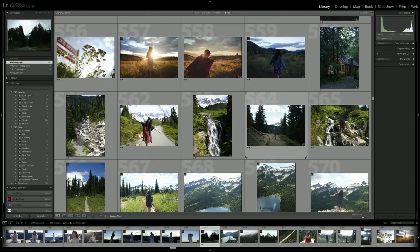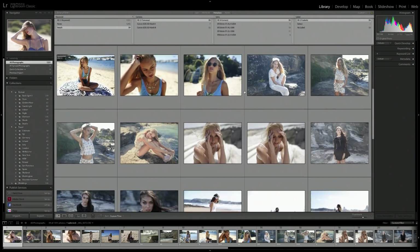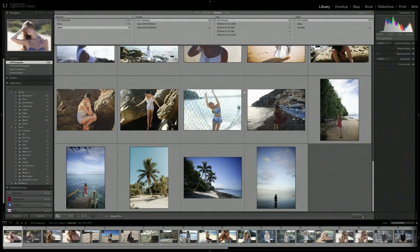in separate folders. So back into the main library folder of my catalog, here I've keyworded all the photos in separate collection sets that are all in these different folders here that were taken at the beach with the keyword beach. So if we head up here and click on metadata, you'll find all the keywords that you've used under the keyword list. So if we select the beach keyword, all the photos that I've keyworded with the word beach will appear here. So it's a really easy way to add yet another level of organizing on top of your